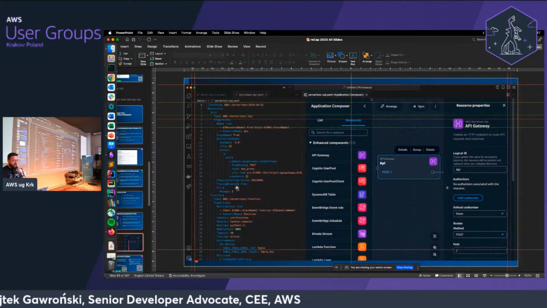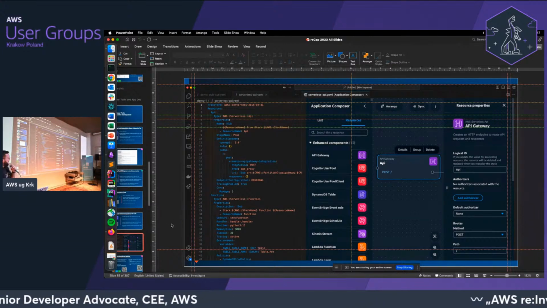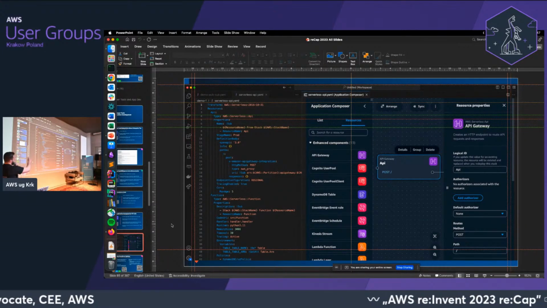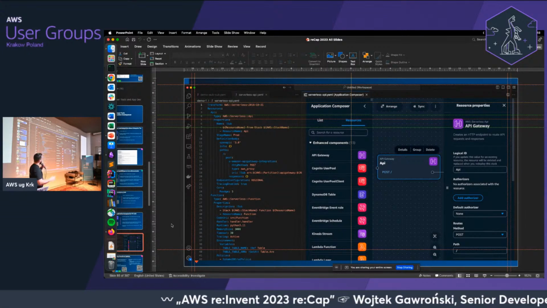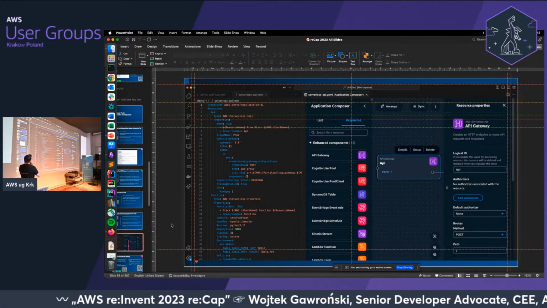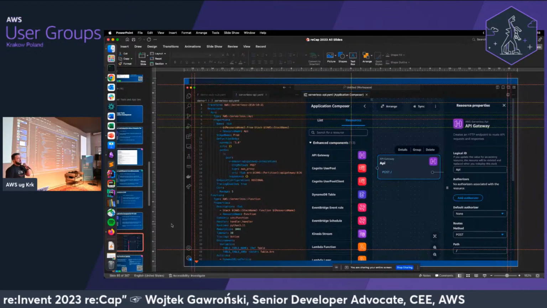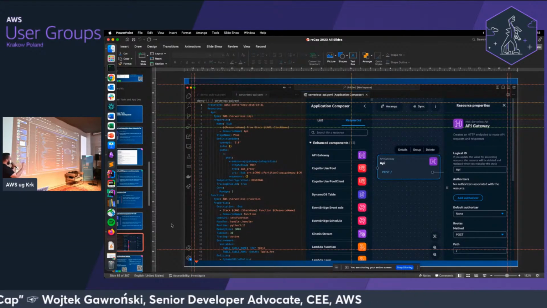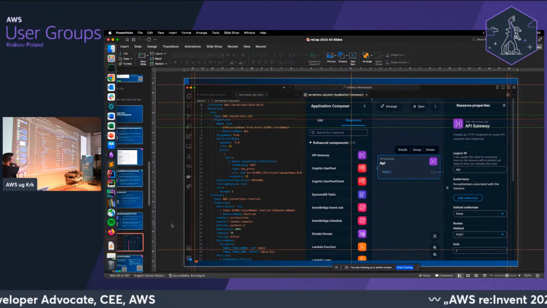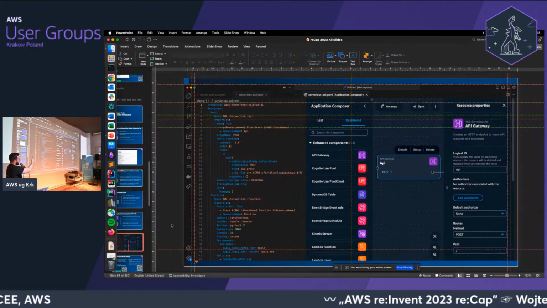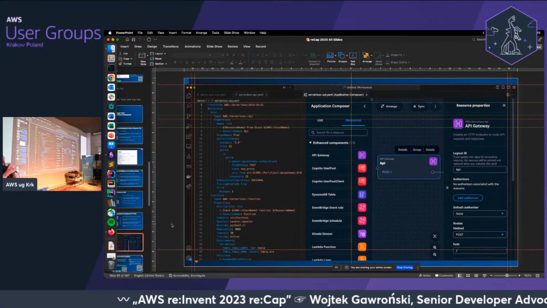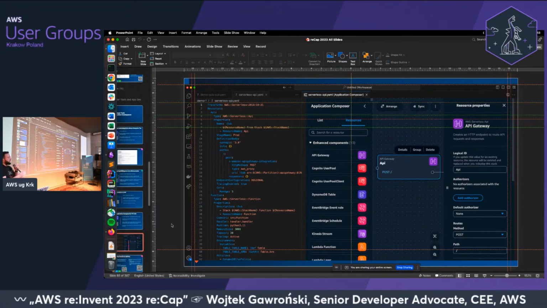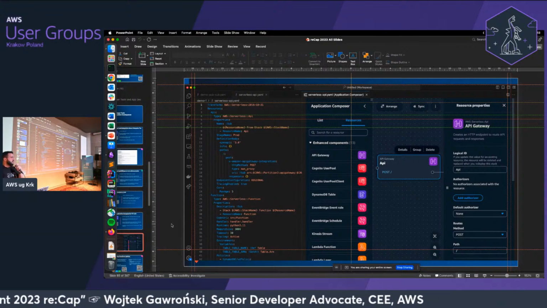How does it look? Essentially, you can go inside your own IDE, create a diagram, move blocks, and connect them with arrows. Then on the left-hand side, as you see, you will be able to review the CloudFormation template that is connected underneath. If you edit specific elements like API Gateway, Lambdas, and so on, you should be able to modify those parameters. Not all of them sometimes, but in the case of step functions, for example, you will be able to design the whole state machine there.